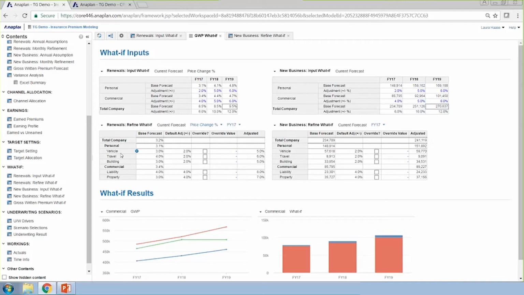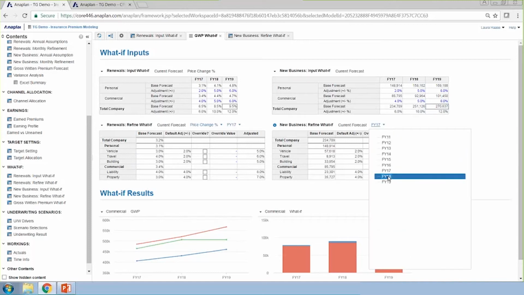So we can see under personal lines we have vehicle, travel, and building, and we can see that the default adjustment that we entered is 2% because that's what we included for the personal lines, but I do have the ability to override that. So if we knew, for example, that in FY18,